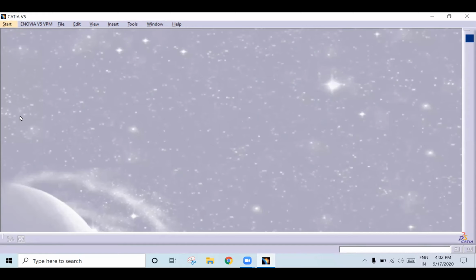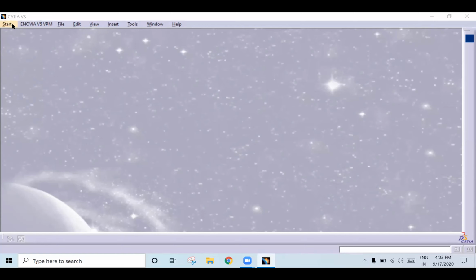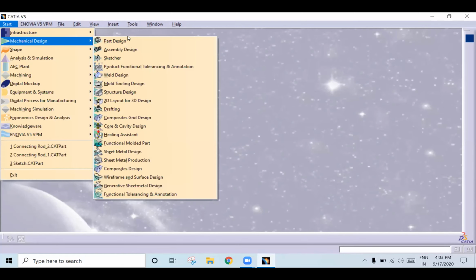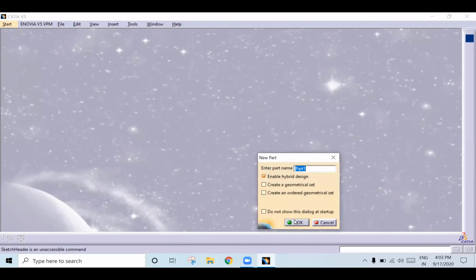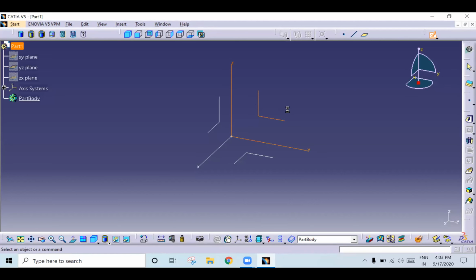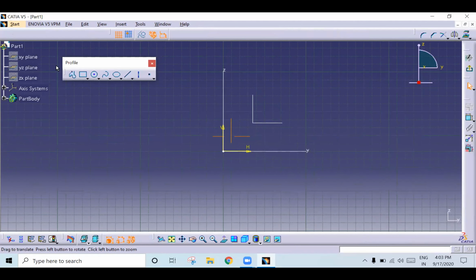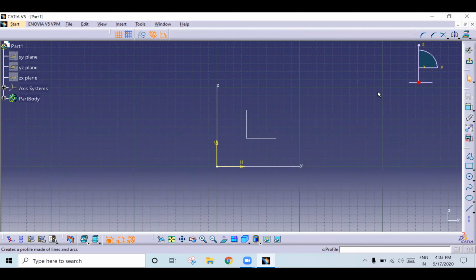Yes, sir. Okay. So in the last session, we have learned how to create Sketcher, how to use basic sketch tools. So in this session, I'm going to show you. So go to Sketch, give OK. Then we need to select plane. Okay, I'll select the plane. Okay. So we have done with this profile. So I'll just place it here. So next we have.